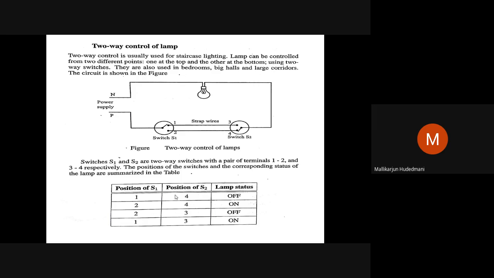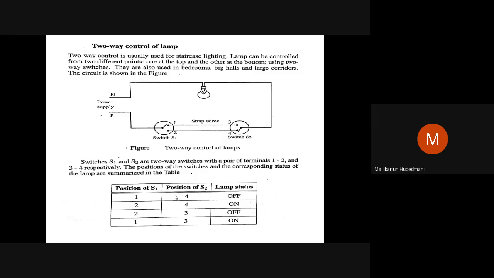When the bulb is off, any one of the switches which is close to you, you toggle the position. Make it opposite, and automatically the bulb lights up. Use the passage, either climb up or climb down. Once you reach your destination, the next switch which is available is the opposite number. If you used 1, 2 is left off. If you used 2, 1 is left off. Toggle that again. The bulb is still in the on condition, and toggling will make it go off.